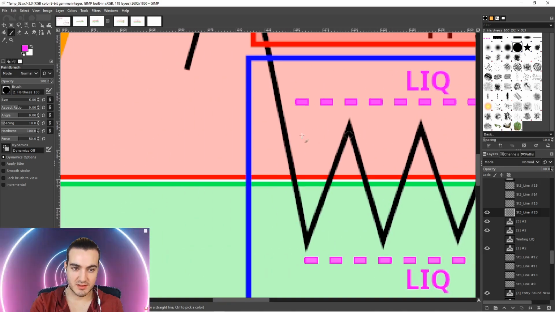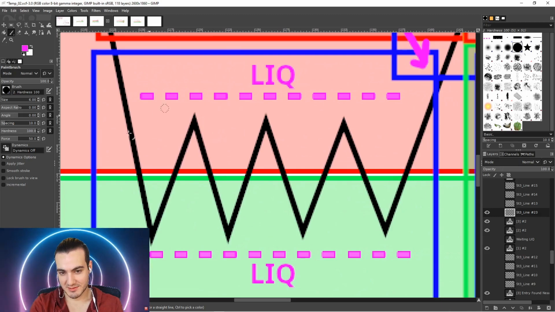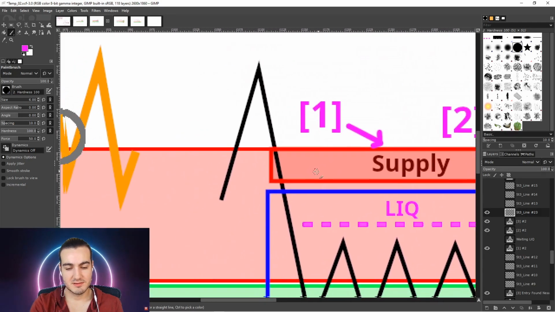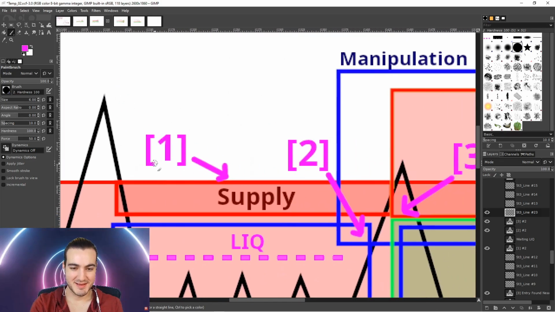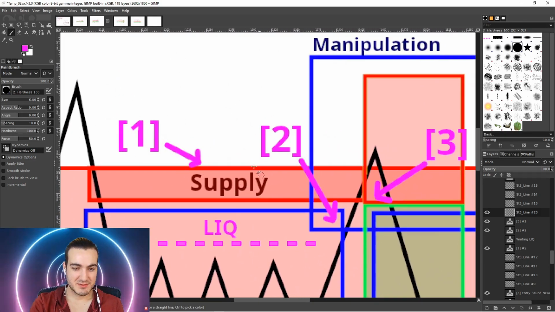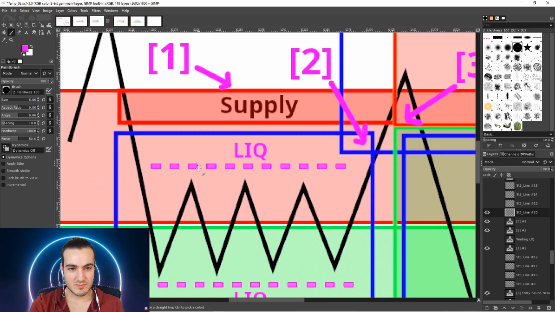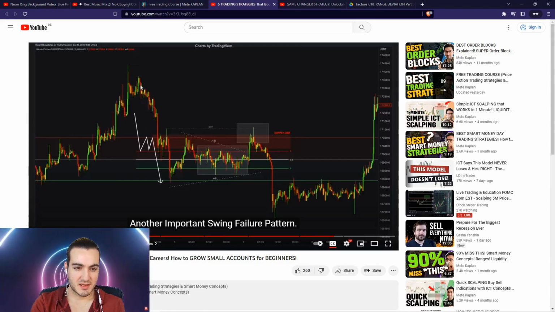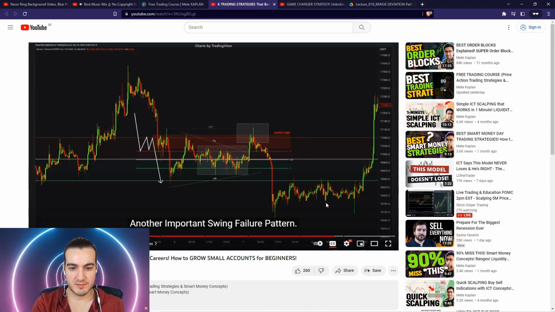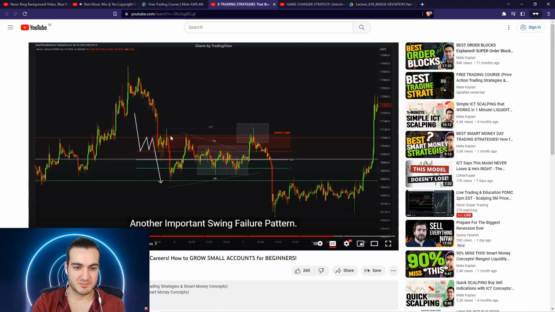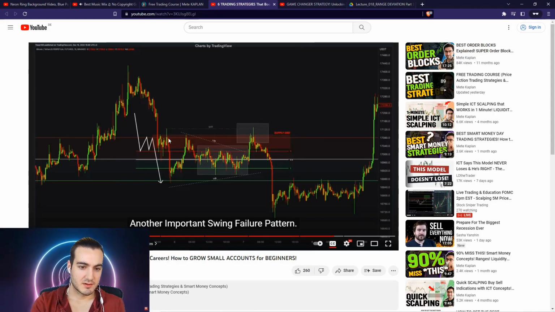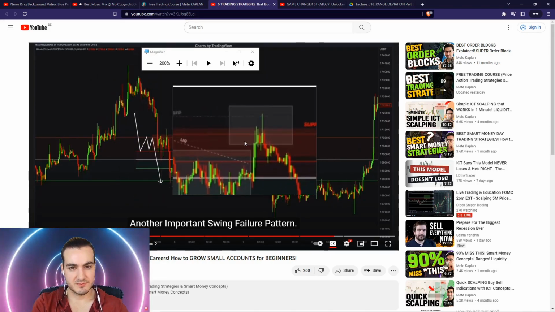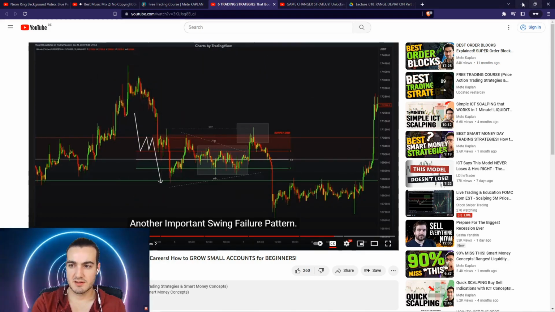So we need to look to the left of this area, and we identify some sort of structure that creates a supply zone. And in his real example, this is a drop base drop, and so this base here is the structure that creates this supply zone,